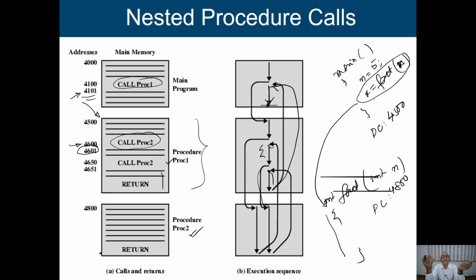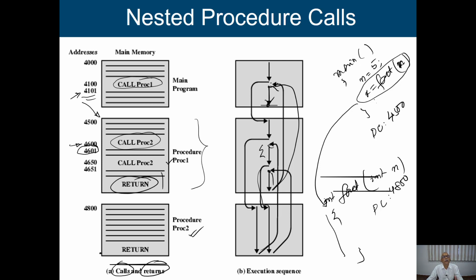I have to provide instruction in my machine. So you have to design instruction accordingly, and you have to say what are the tasks performed by this particular instruction. So in most of the machines, we are going to have these instructions at the machine level. One is call and return. That means procedure call, and after completion of this particular procedure, we have the return instruction, which takes us back to my calling program.